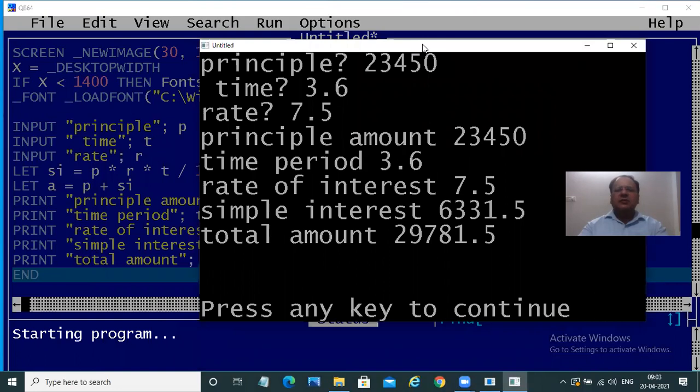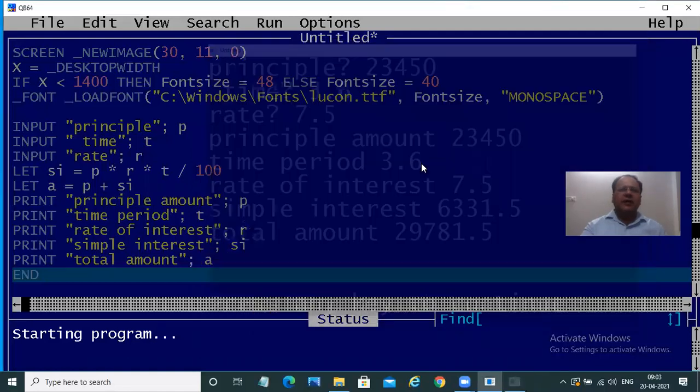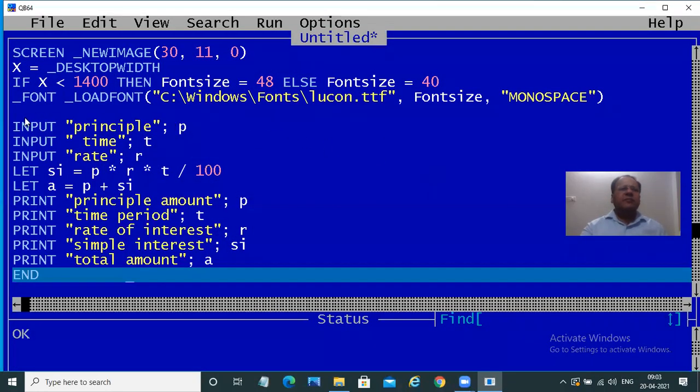Okay, so this is how all of you are going to write down programs of your own using mathematical operators. You can use whatever operator is required. I showed you how to use it, and you can store the values either to a variable or you can store it to a constant. Now in this case, we only use numbers. If you want to use a string, you can also input a string. Suppose I wanted to use a string and I wanted, let me say, the name over here.